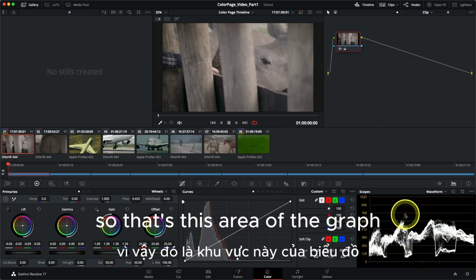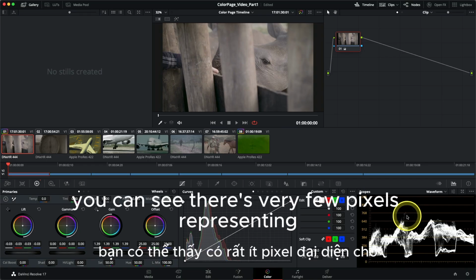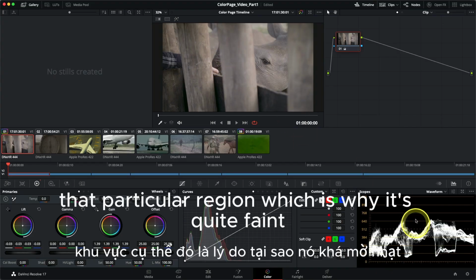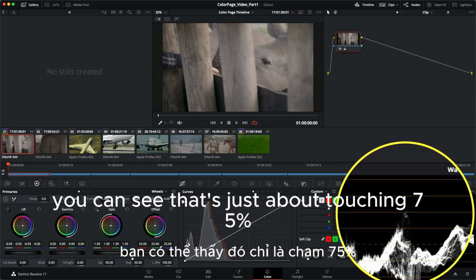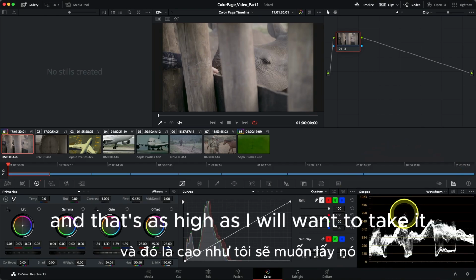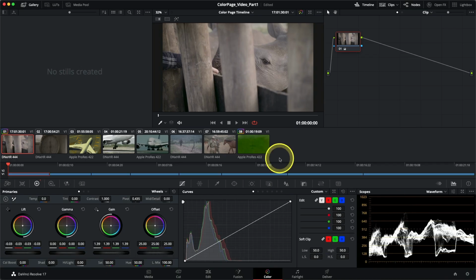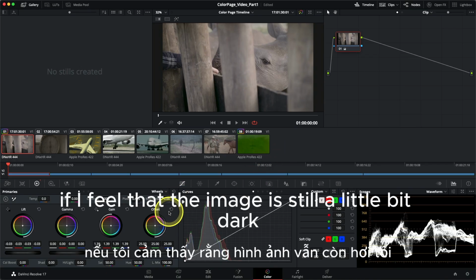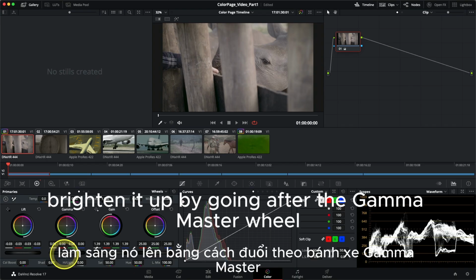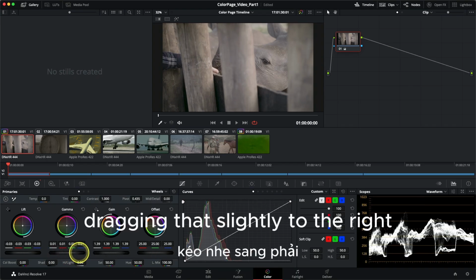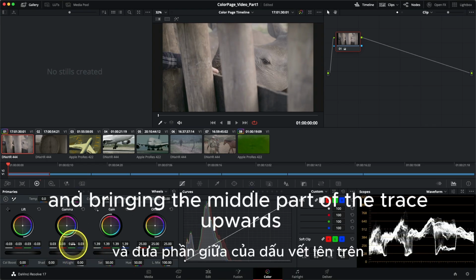So that's this area of the graph. You can see there's very few pixels representing that particular region, which is why it's quite faint. But hopefully you can see that's just about touching 75%, and that's as high as I will want to take it. If I feel that the image is still a little bit dark, I can still brighten it up by going after the gamma master wheel, dragging that slightly to the right, and bringing the middle part of the trace